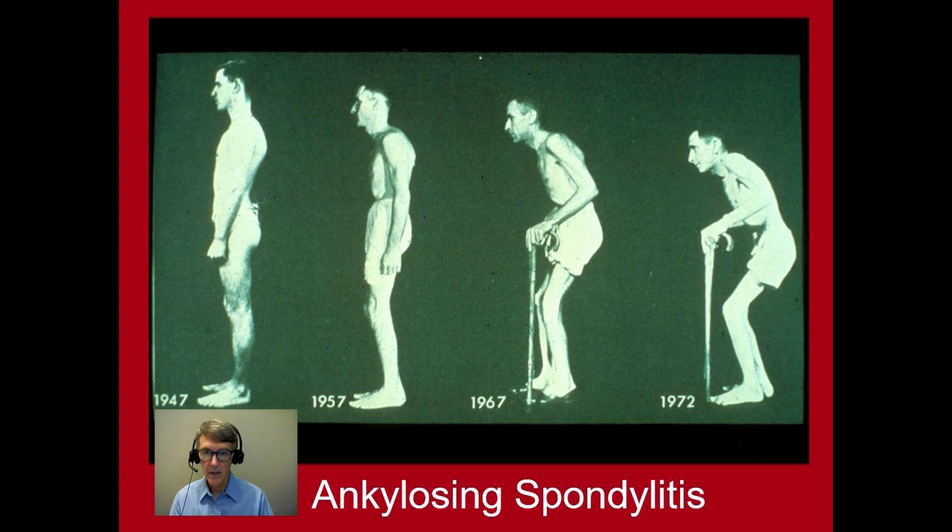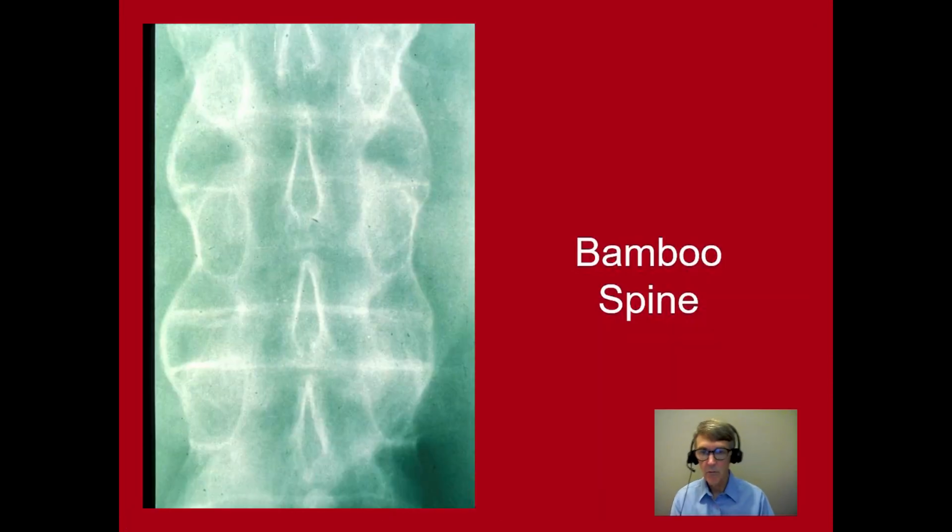This is a progressive set of pictures of a patient with ankylosing spondylitis, and as you see, as time progresses, he becomes more hunched over. There's actually no movement of the spine. He's having to use his hips for motion, and there's probably some hip involvement in this. This is what we saw previously when we looked at the